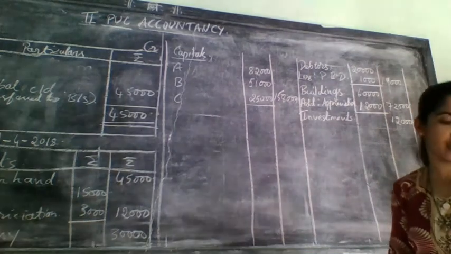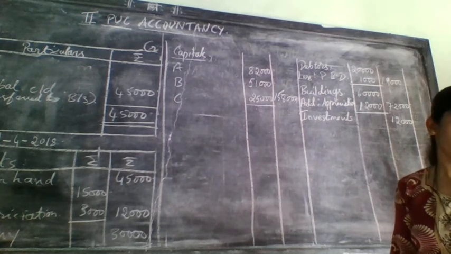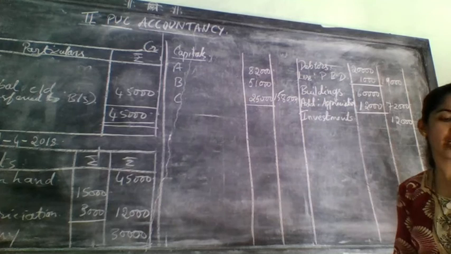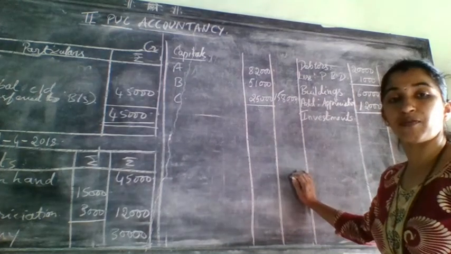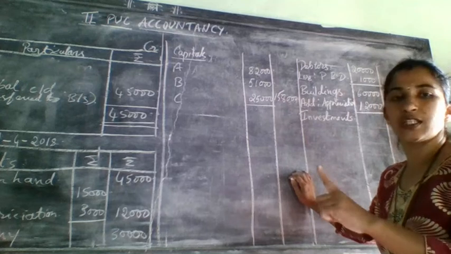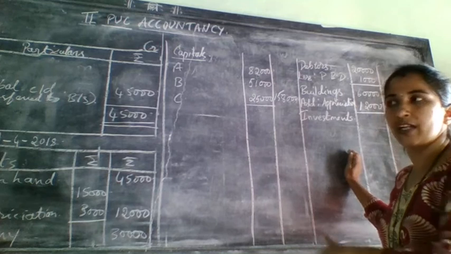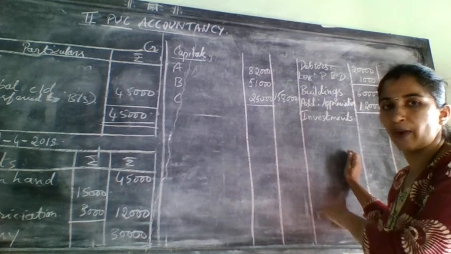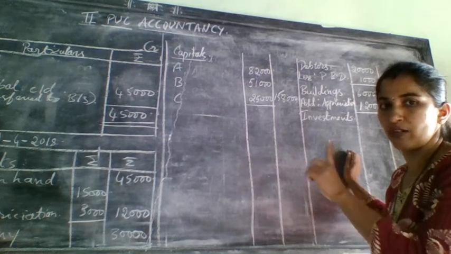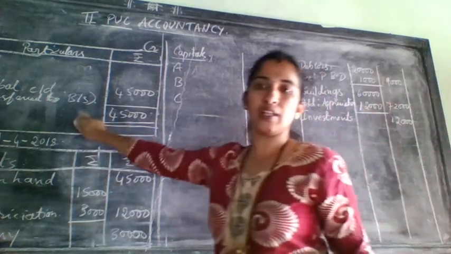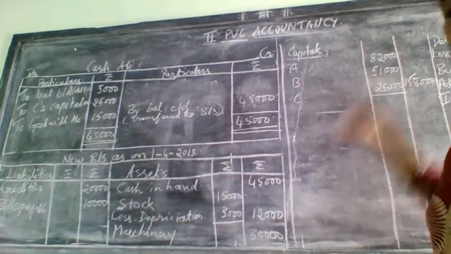Okay, let us see the first adjustment. C is admitted into partnership on the following terms. C should bring 25,000 as capital and 15,000 as goodwill. Once it came on the credit side of partner's capital account, correct? You have written as cash for new partner and goodwill for old partner. One time it was over. One more time you have taken in the cash account. See there, you have not opened the cash account, means it will come in the balance sheet.